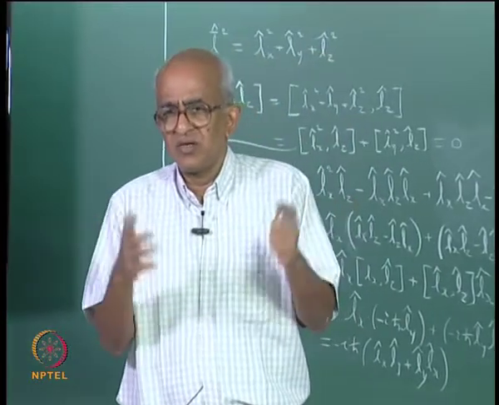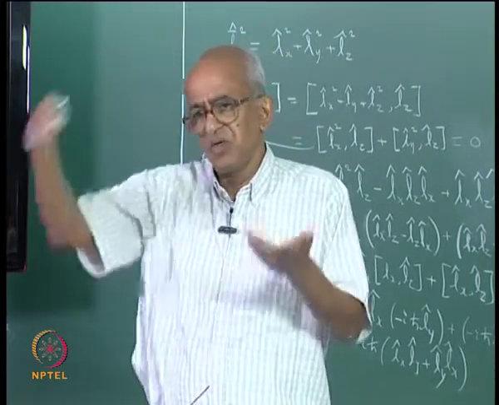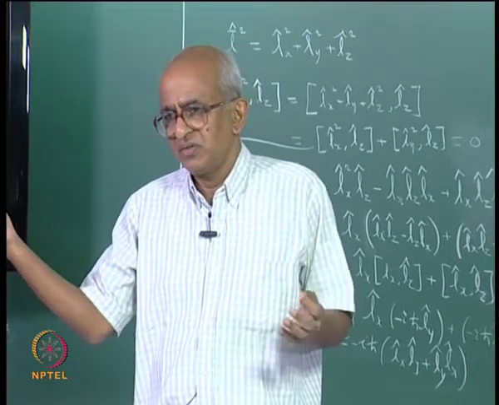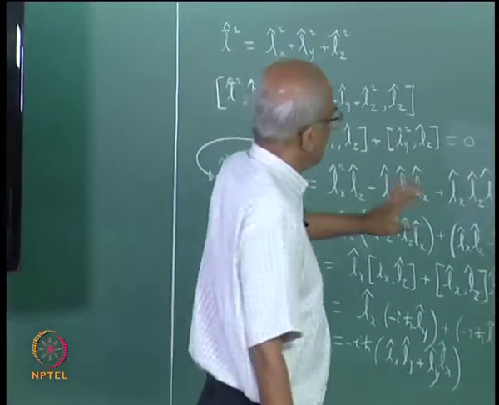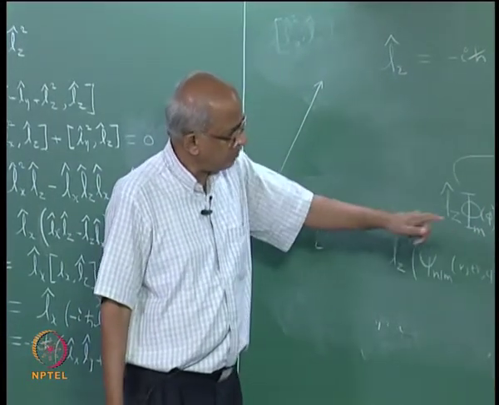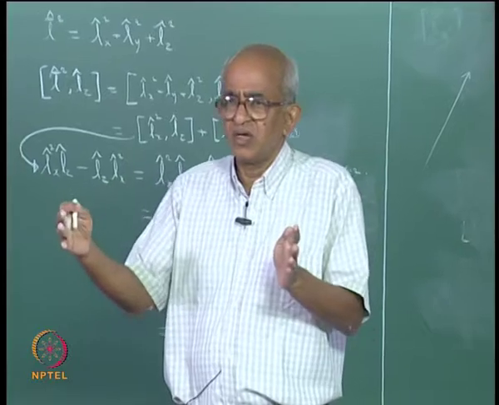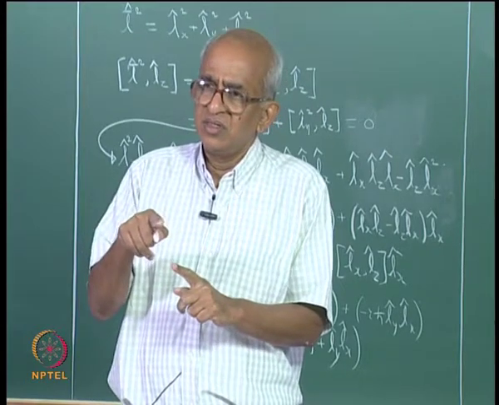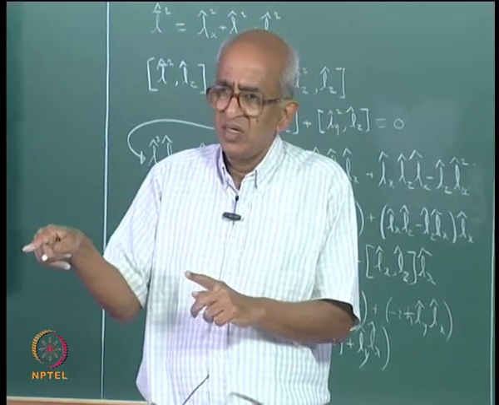Therefore, its z component, if you think, it may be having a value 0, maybe, or maybe the z component is positive, or maybe the z component is negative. It all depends upon how this vector is oriented in space, right. And it can be oriented in any direction. So, therefore, the z component of the angular momentum in classical mechanics can have any value. But here, what is it that we find? We find that first of all, the length of the angular momentum vector can have only certain values, right. And not only that, its z component is constrained to have only certain values which are of the form m h cross.